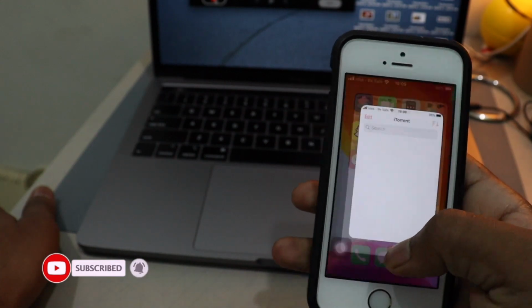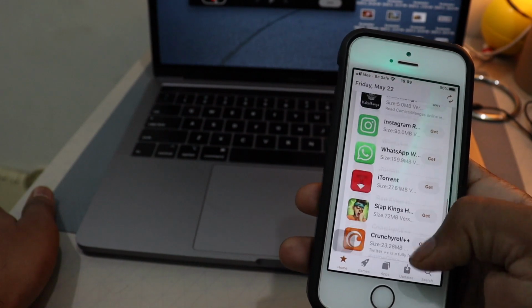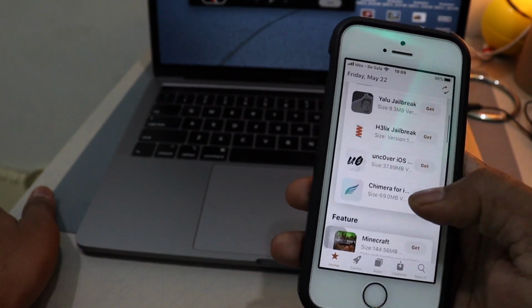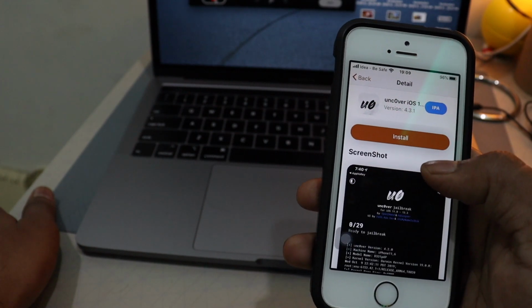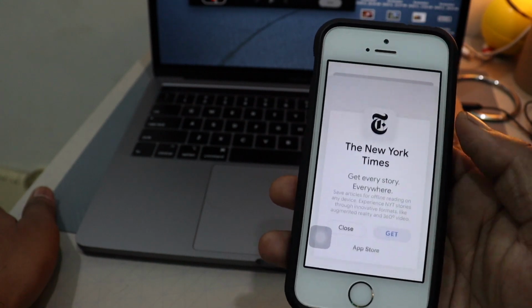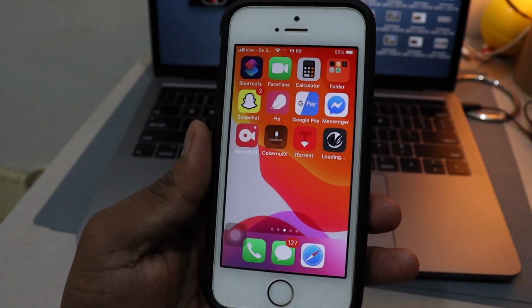Okay, and now go to Coconut X. Now you can literally download any app you want. Now go to Uncover and install Uncover. There we go. Now as you can see, Uncover has started downloading.